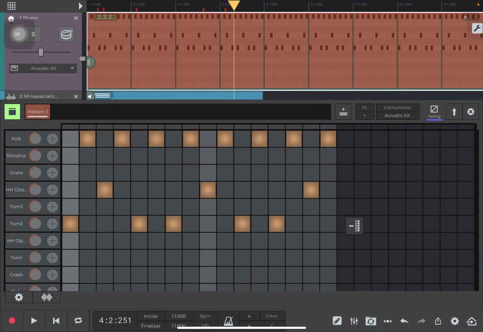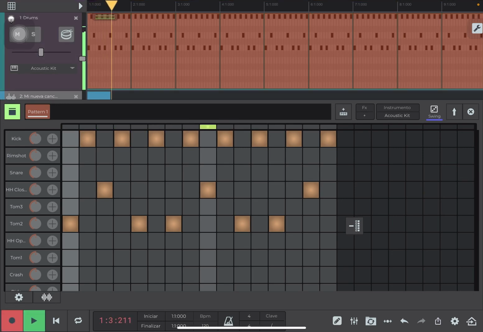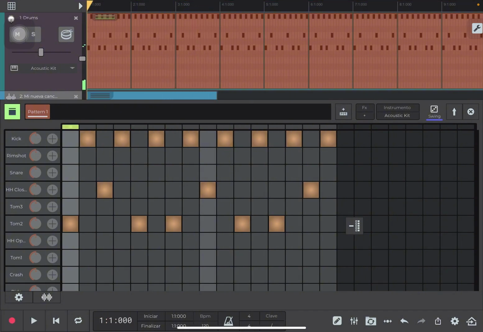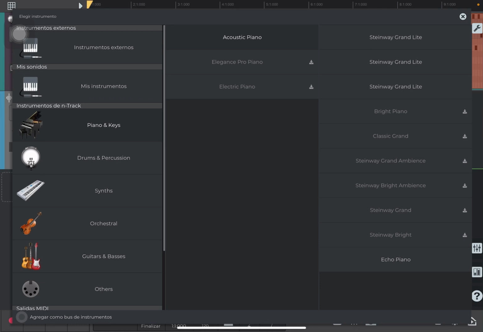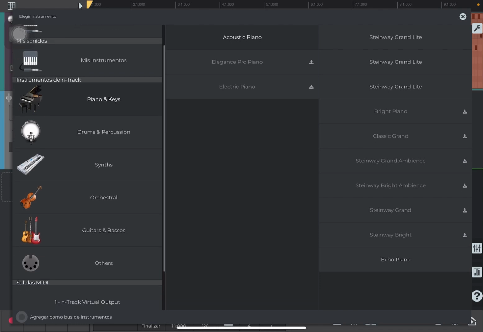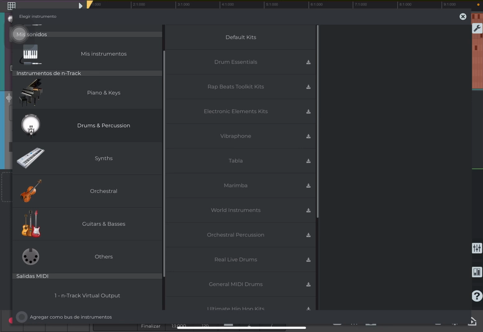After you finish with your beat, you should record it and add it to your song so it saves up. You put the line on the start and click on the red recording button down below. Now you can close this and add the instrument. You click on the plus icon and you click on instruments. Here you have many instruments that you can add. Just to show you an example, I'll add